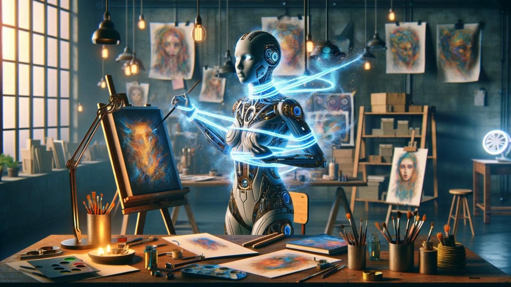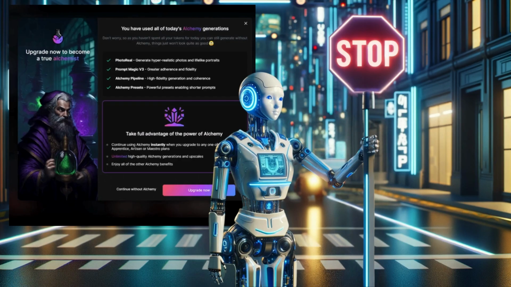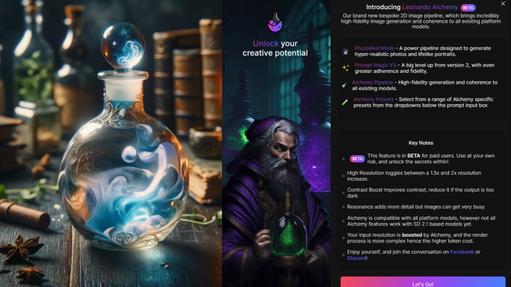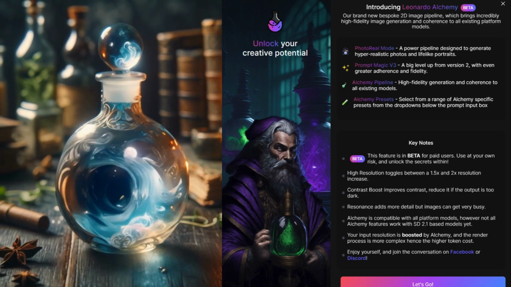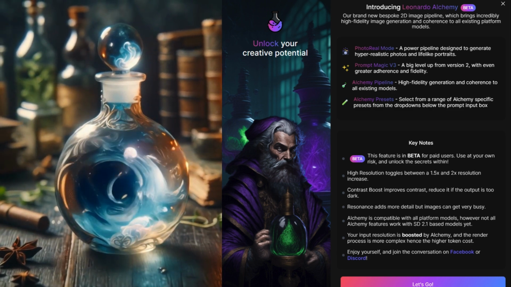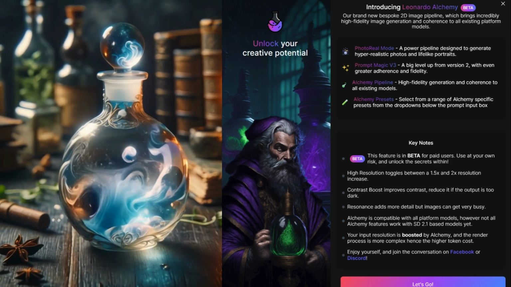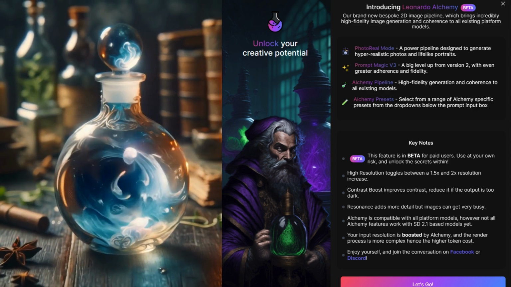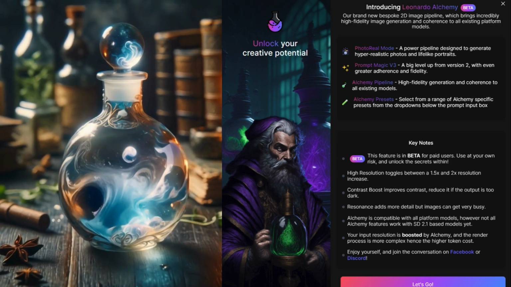Oh no, so you can see you only get so many Alchemy generations each day. So we've used as many of those as we can today. So looking at the images created using the Leonardo Alchemy version 2 versus the images that are created without the Alchemy, I definitely think that for the quality of output that I need for what I use these images for,